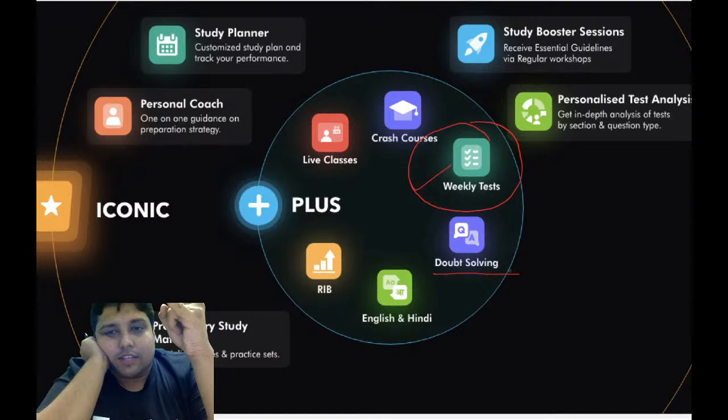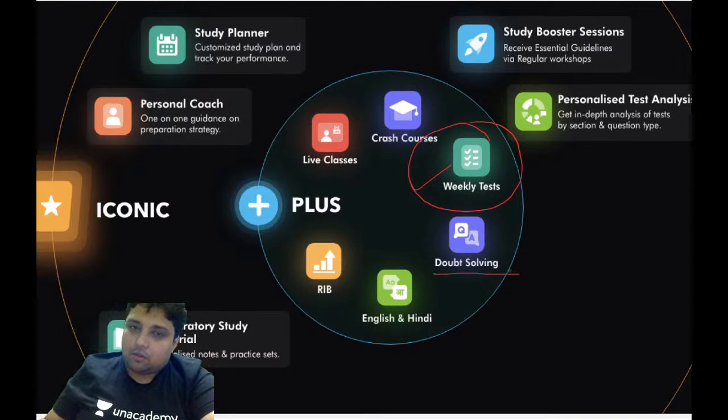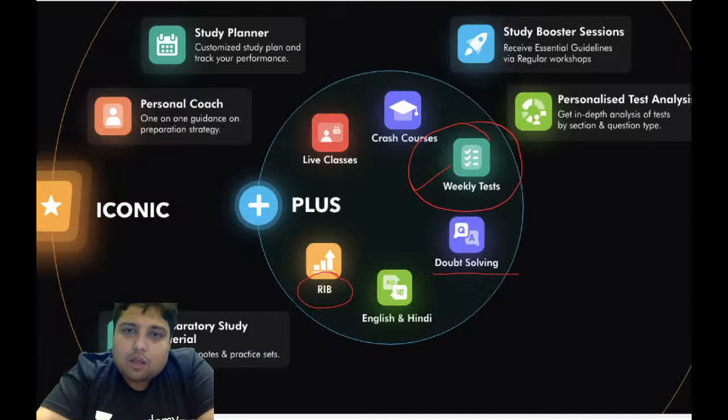So, doubt solving sessions, weekly tests, and one more important thing, the rank improvement batches. What are the rank improvement batches? You see, students, what we are planning, and what we have been doing in the past also, is making a pool of those students who are showing interest, who are cooperating and coordinating with us, who are continuously watching our classes. We try to pool those students together so that we create a group of students who are highly competitive, good in concepts, well skilled, and preparing dedicatedly for the GATE examination.